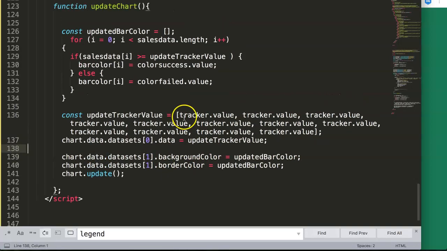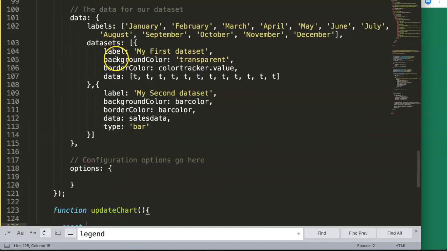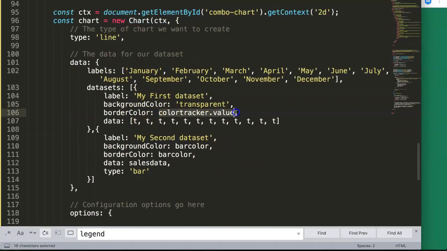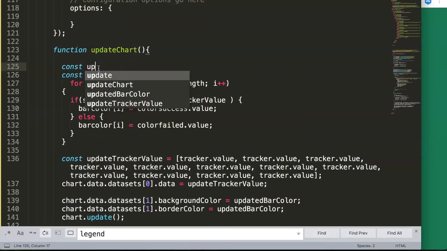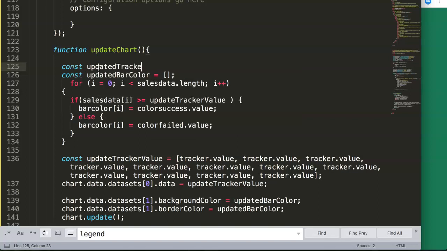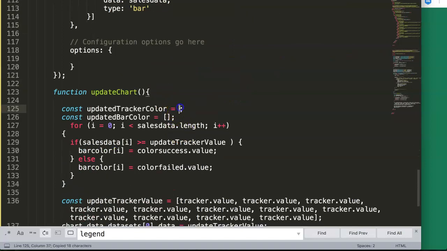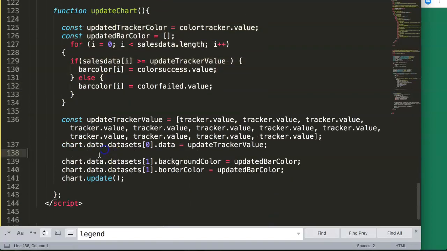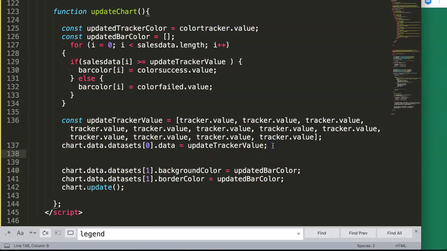There we are. Next one, and that's finally the last one, will be const. And this const will specifically target the tracker color. We have the tracker color value, and what we want to do with the tracker color value is now the updatedTrackerColor. And this one is simple because this is a fixed command, which makes it easy for us. Color tracker. Paste it in there, and once we did that, we got this all together. Put it in here as well, so I will just put it here below. And then we say chart.datasets